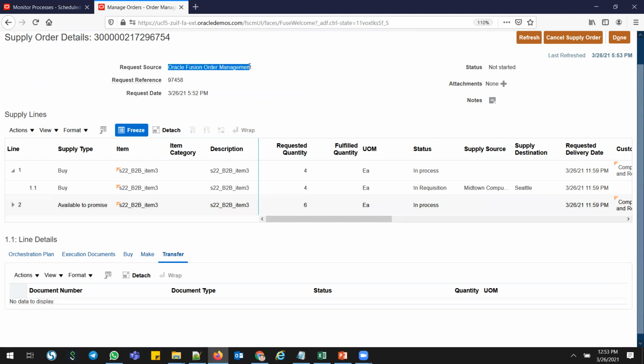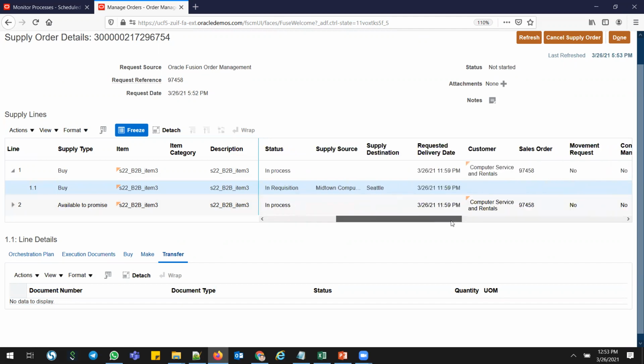The source is order management. And then you can see here the line 1, item 3, 1.1 is a buy process. How many quantity? 4 quantity. And it's buying from this supplier because this is the supplier which I have given in my sourcing rule, buy sourcing rule, right? Local buy sourcing rule.